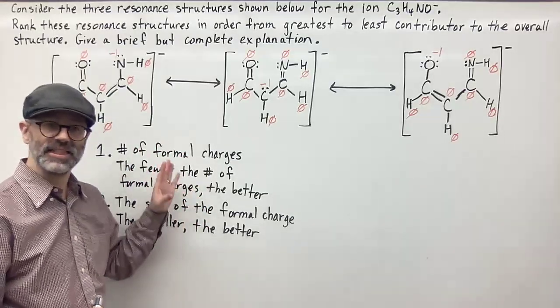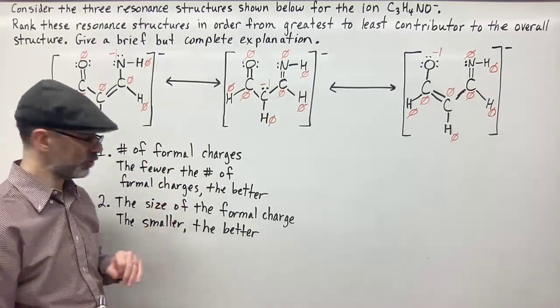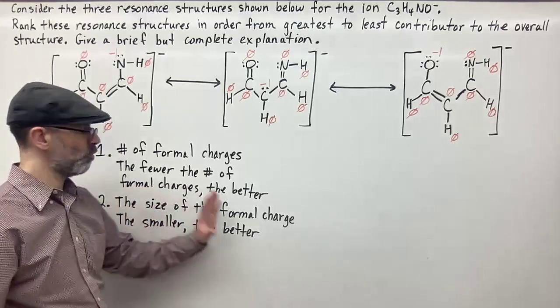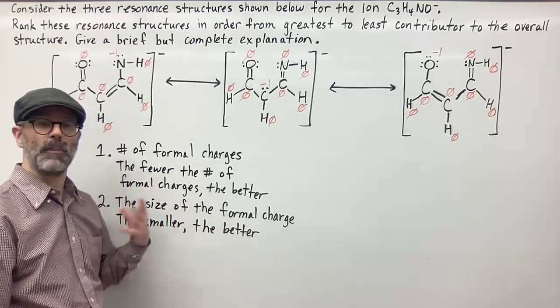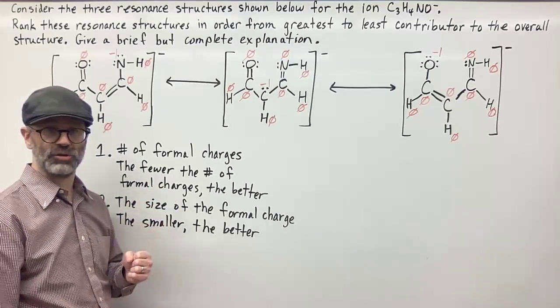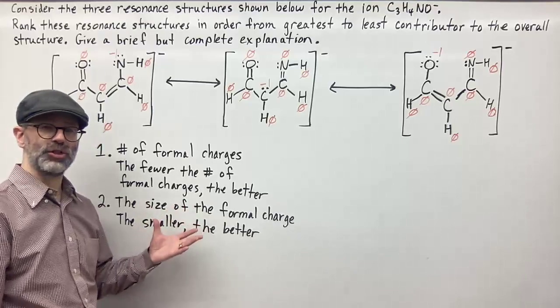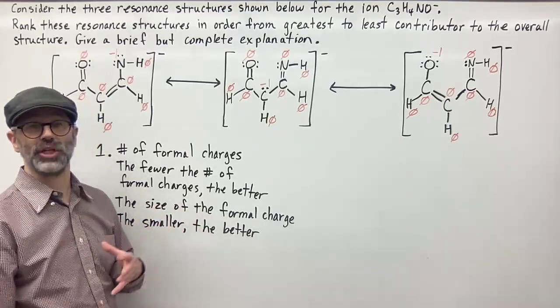Since that's 0, we don't need to worry about those, but non-zero formal charges. And then here we're looking at not the number of formal charges, but the size. How big are the formal charges as far as the magnitude goes, right? This is referring to, do you have a bunch of 1s or do you have 2s and 3s,